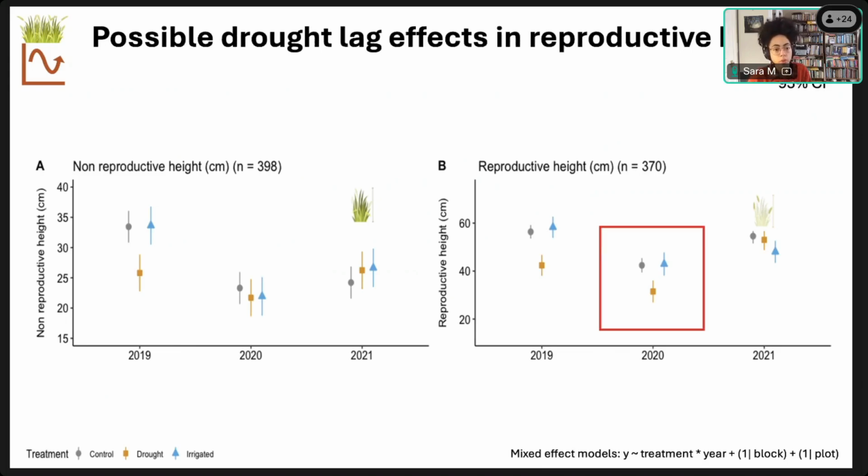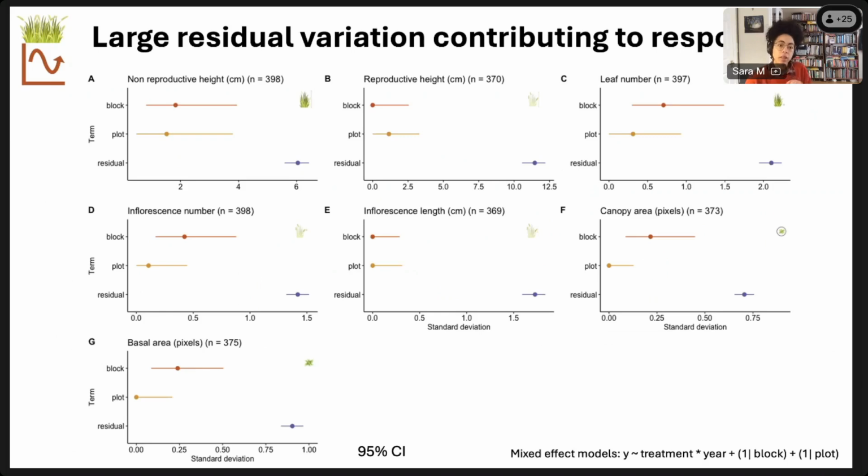So I'm wondering if this is partly a slow recovery from the 2018 severe drought. I've only got data from 2019, but if you remember, 2018 was incredibly dry. That's when I first saw the experiment, and I was like, oh wow, what have I signed up for? It's completely dry. Is this place going to recover? It was all parched. So I'm wondering if that's a delayed effect, so it didn't recover as quickly.